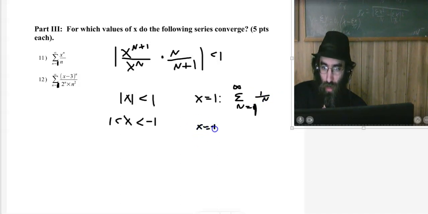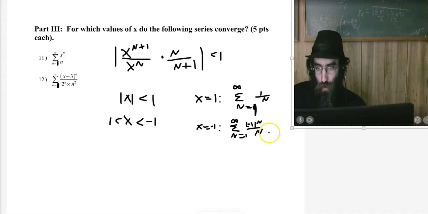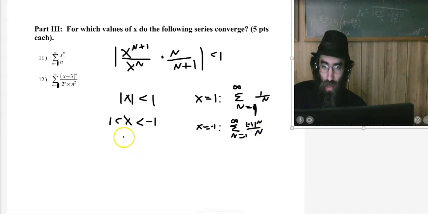If x equals negative 1, sum n goes from 1 to infinity of negative 1 to the n over n. Converges, it's an alternating series. Converges by alternating series. So you would say